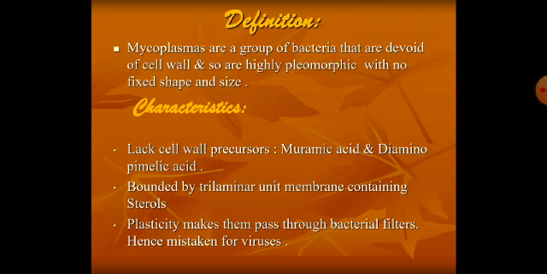So what is there instead of the cell wall? There is a trilaminar unit membrane which is made up of sterols, that is cholesterol and lipid. The high plasticity makes them pass easily through bacterial filters, for which they were mistaken to be viruses. But then later on, they realized there are certain features for which the mycoplasmas do not belong to the viruses,